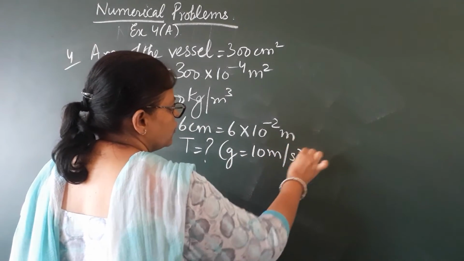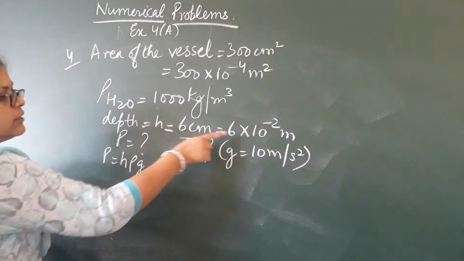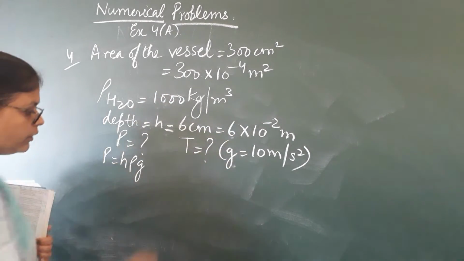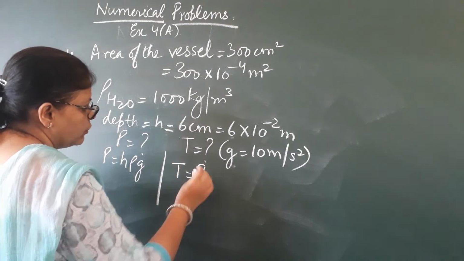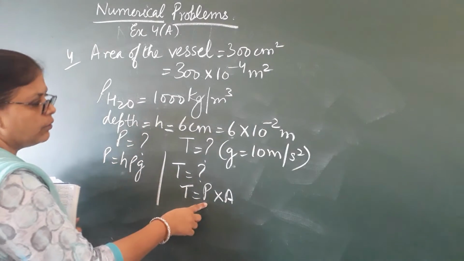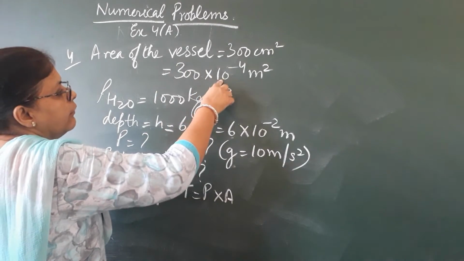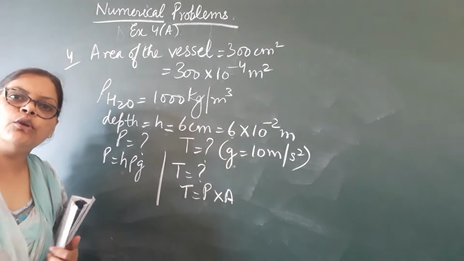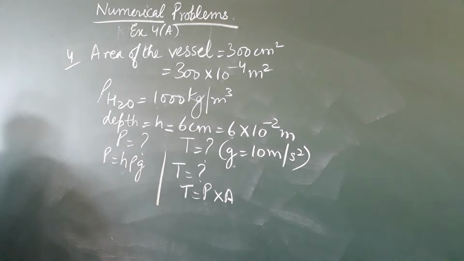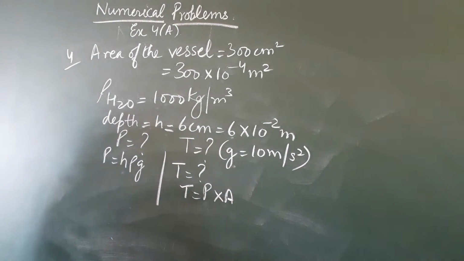So you have all the three things with you children. You have H, you have rho, and you have G. So please multiply and find out the answer on your own. And thereafter you are supposed to find out thrust. For thrust you will use the formula pressure into area. Now pressure you will find out from here and substitute, and area is already given to you. Okay children, so please have a look, and I want you to try this question on your own. Okay, fine. After the fourth question we have to move to the fifth one. So please have a look at this and note it down, and then we move to the next question, that is question number 5.